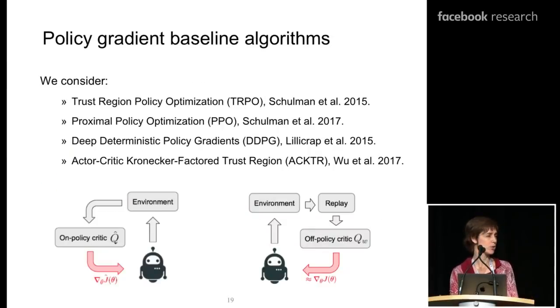Some of the most used baselines are the following: TRPO, an excellent standard; PPO, also quite widely used; DDPG; and then ACKTR, which is a little bit of a variant on TRPO that has also become quite standard. Perhaps some of you may be using actor-critic, A3C, A2C, also widely used. I won't include them in my analysis for today because they tend to perform a little bit less well than these ones. They're very fast to run but tend to give lesser performance, so I'm going to focus on these for the purposes of today's talk.